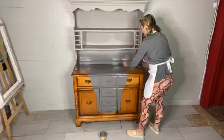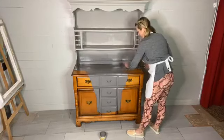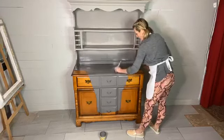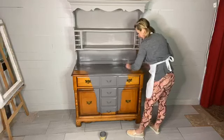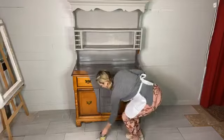So I'm wetting the edge of each side because I know that as I start to blend, I want a little bit of wet paint here. I'll use my bottle as well, but just kind of wetting that edge. Okay, so the next color that I'm going to use is